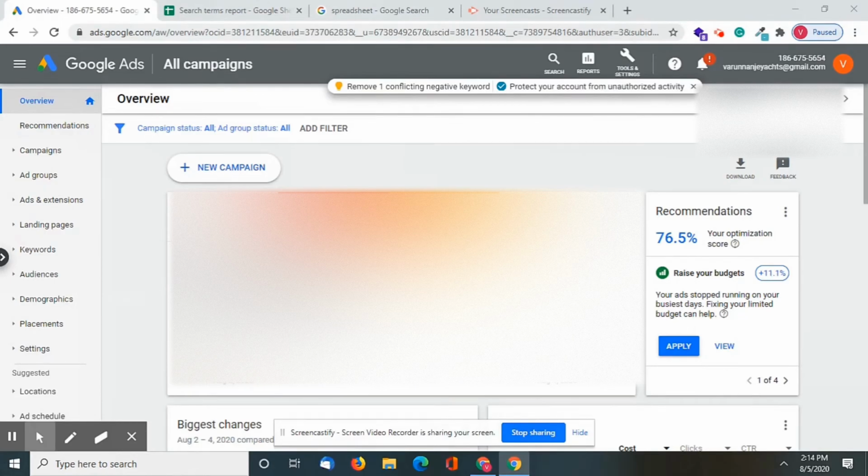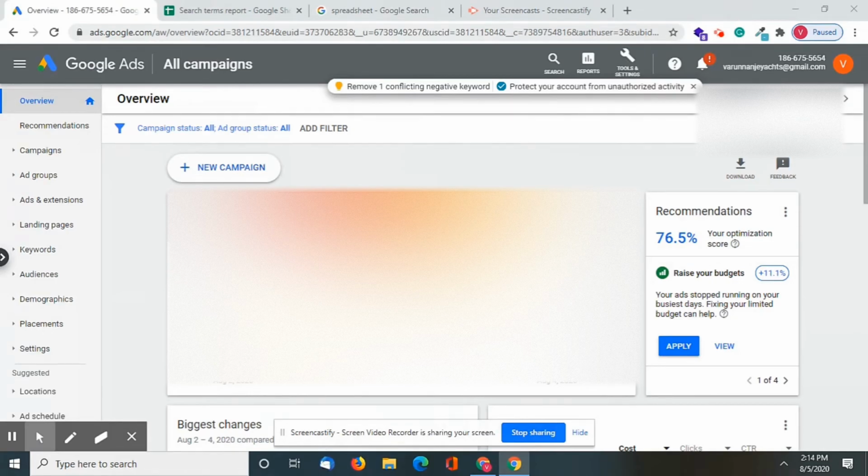There are many methods for optimizing your AdWords campaign, and this is one of the most important methods that you need to do on a daily basis to keep your campaign optimized. If you do it on a regular basis, this is going to give you at least a 60 or 70% higher conversion rate and a decrease in cost. So let me first start on how you need to optimize this campaign.